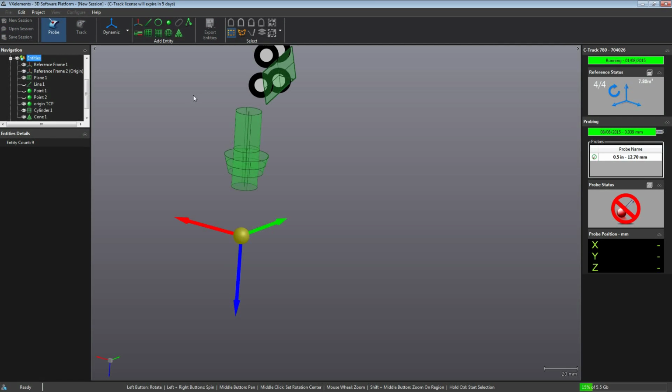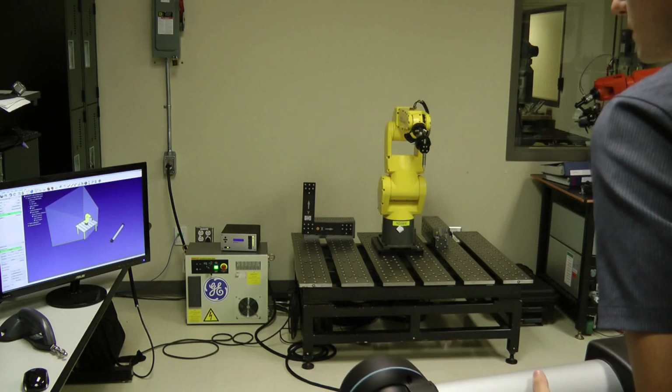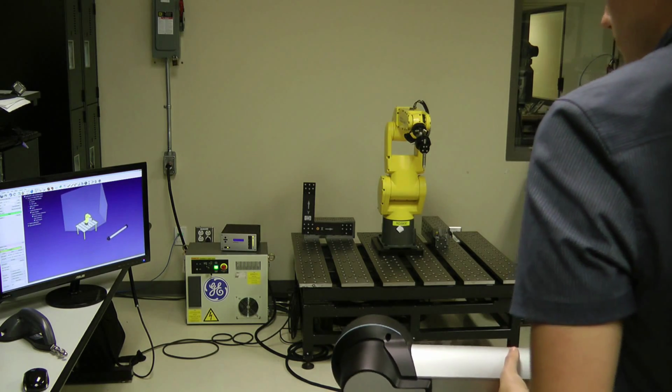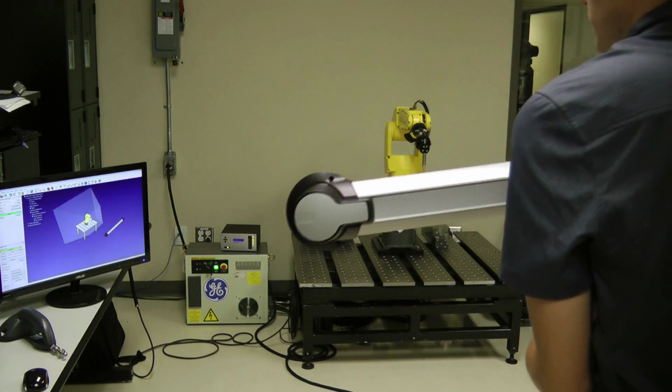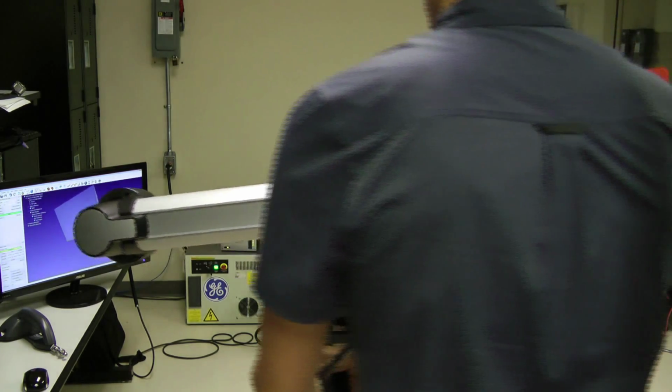Once the tool reference has been identified, we can move the measurement device to make sure that the robot is inside the measurement workspace. The position of the measurement device is updated in real time in RoboDK.